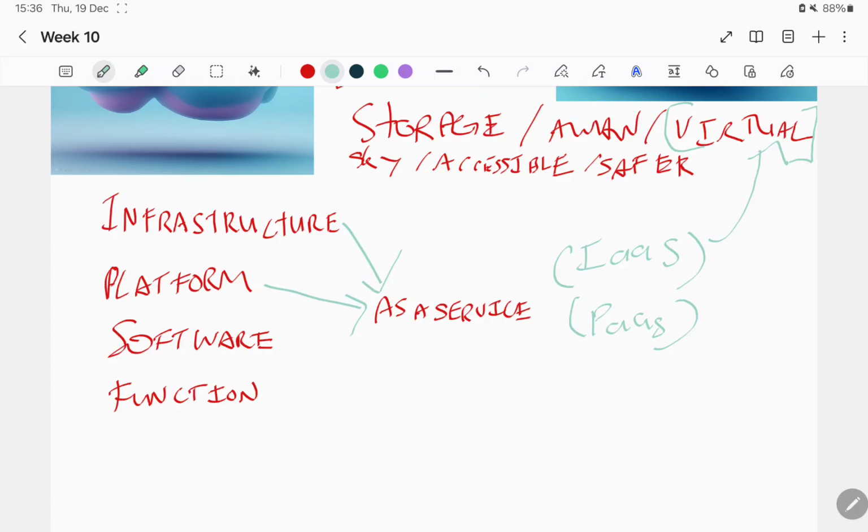But these two are not really what you're going to see. In fact, these three are not really what you're going to see. Function as a service, FaaS, is the same as platform, but it is just one function. They use a certain piece of code, only one piece of code, and execute that code through the cloud. Everything just goes through the cloud. The concept is very simple.